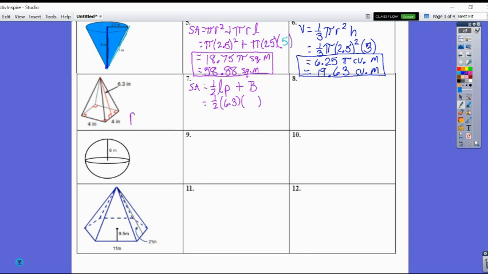So I got to find the perimeter of this figure. It has a square base. So 4 sides, all of them measuring 4 inches. That's going to give me a perimeter of 16 to plug in. Then plus the big B. So we got to find the area of our square. So that's going to be a side length of 4 times a side length of 4, as that length times width